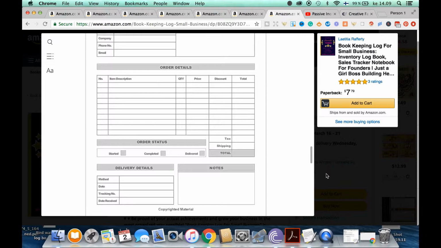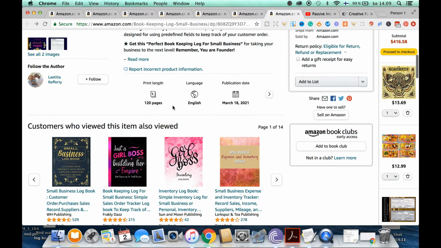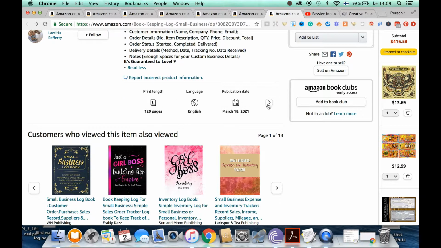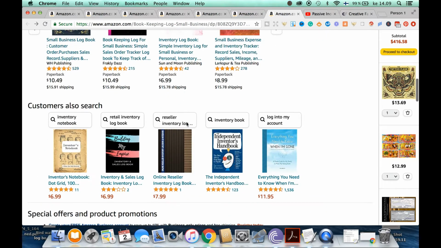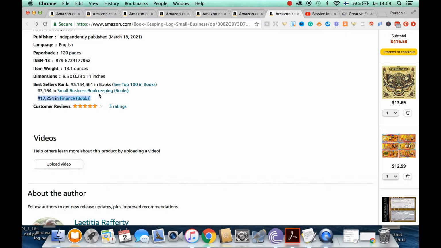And it is ranking in finance and small business bookkeeping, so you want to keep that in mind when you are choosing the categories for your book as you are publishing, or uploading, the book. It's part of the process to choose the categories, so keep in mind what categories there are, and a little bit about the author, which really personalizes the book to the customers. And this is a great review, just what I needed, well put together. So this was the first keyword for the day, and the second keyword is inventory and sales logbook for small